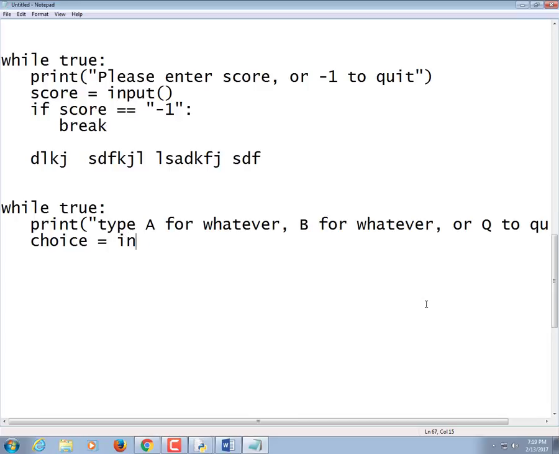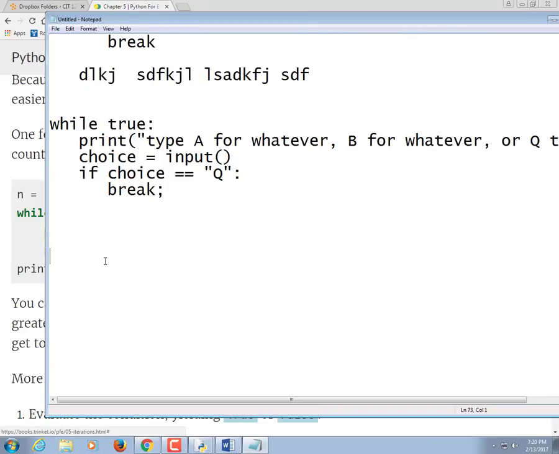Choice is equal to input. And you can just check right off the bat. If choice is equal to Q, then break. That's not the only way to do this kind of thing, of course. You could set your choice variable equal to some kind of neutral value up here. Here's how you would have to do this. It's not a big chore, but